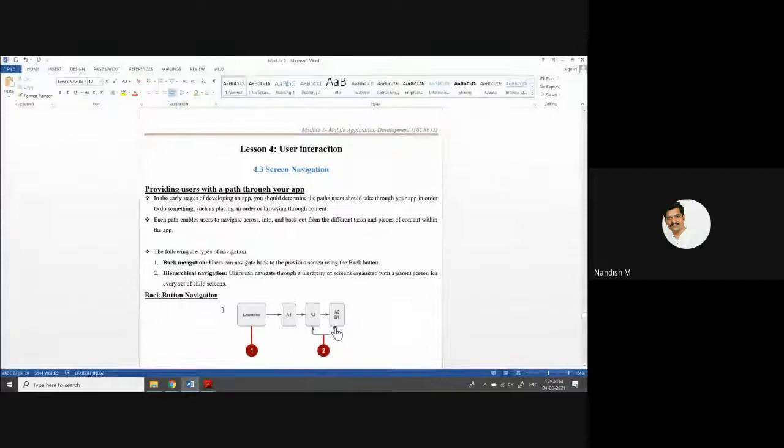That back button we are going to use to move from one screen to the other screen. That is going back from the second screen. You can see here A2 is there. A2 is nothing but the second screen. A1 is the first screen. You have launched, you have opened the home screen, which is called A1. Now A2 is nothing but the second screen. If you click on the back button, there is a less than arrow mark in your mobile.